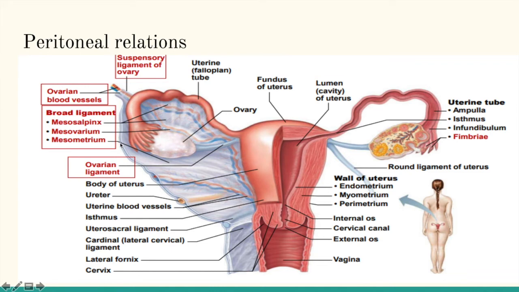Here you can closely observe, this is the anterior layer and this layer is the posterior layer of the broad ligament. So this ovary, through its anterior border, where the peritoneum is reflected to the posterior layer of the broad ligament, there is a short layer of peritoneal fold that is known as the mesovarium